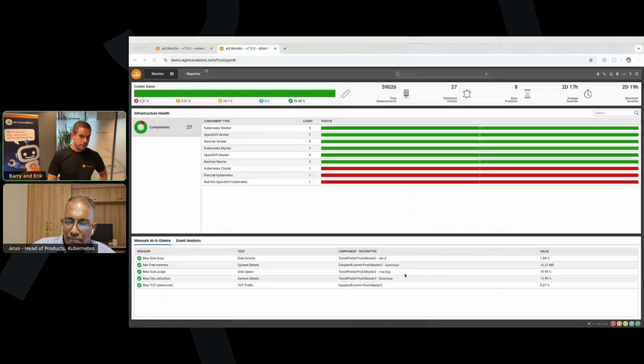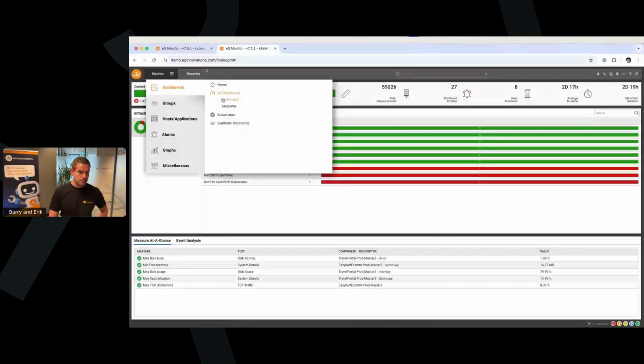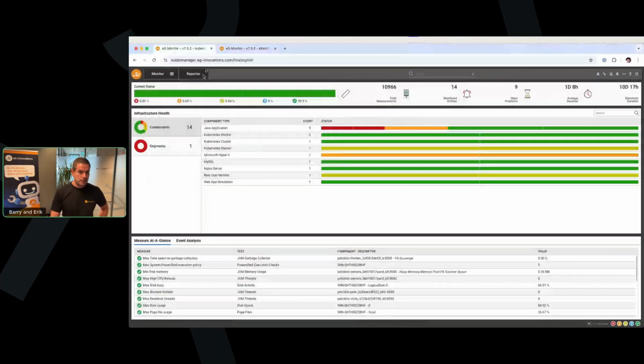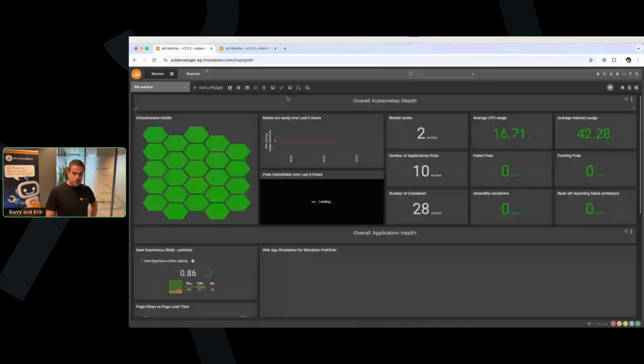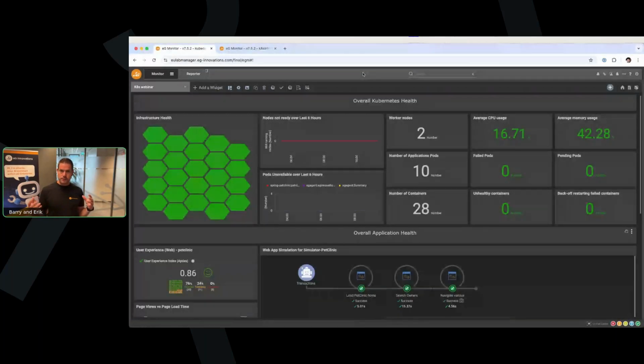Let's go to one of the dashboards to start with. So just clicking this one and this one. Arun just shared some of the dashboards where we can visualize data together for one component or for multiple components at once. And this is one of those dashboards that you can create yourself, customize, and present maybe on large screens in certain rooms of the IT department, or just pick up these kind of dashboards when you want to investigate something.